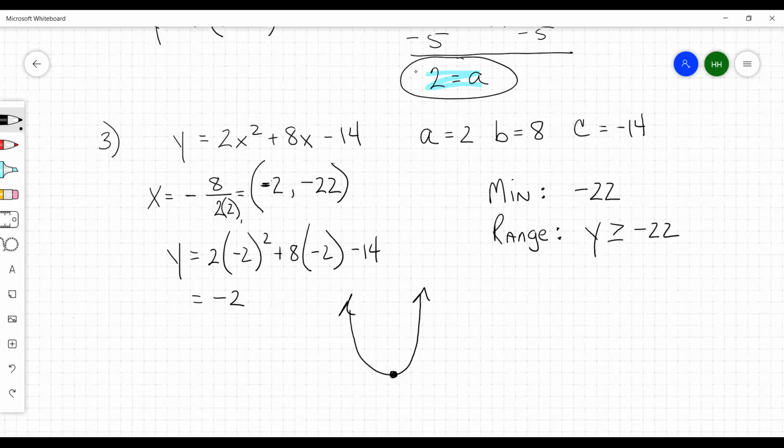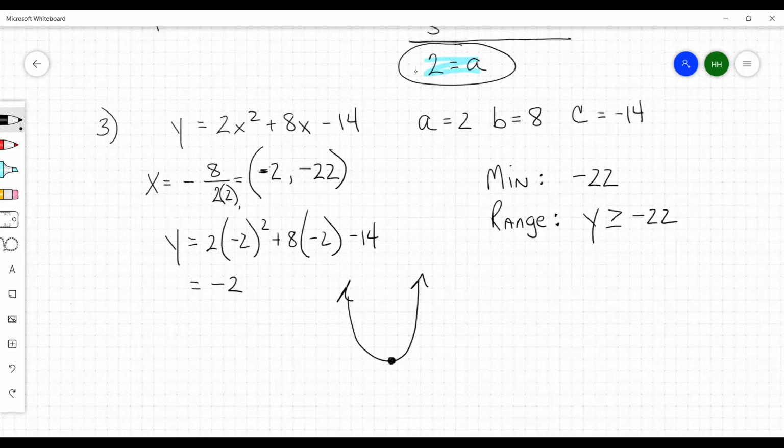Are y'all with me on that? Okay, because on number 4, I'm not going to do the whole problem again, but let me just show you something. On number 4,